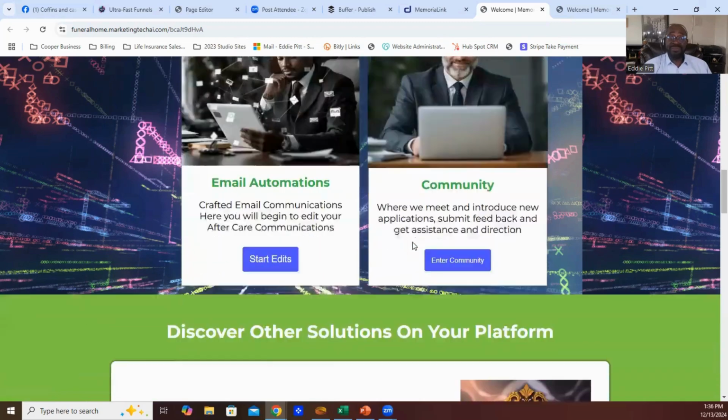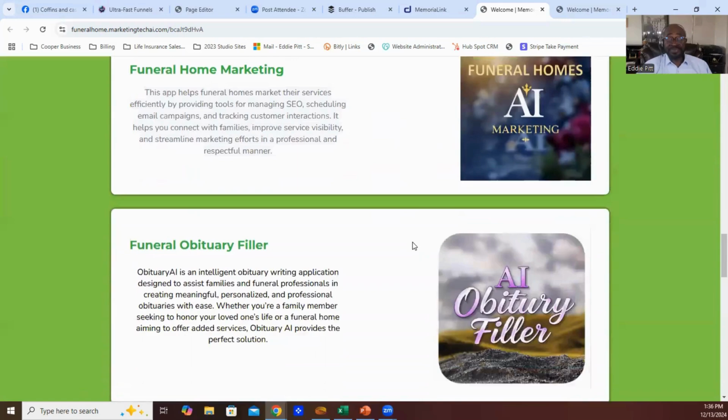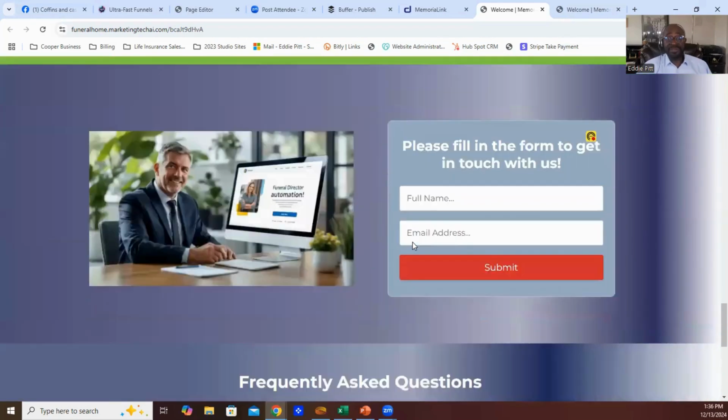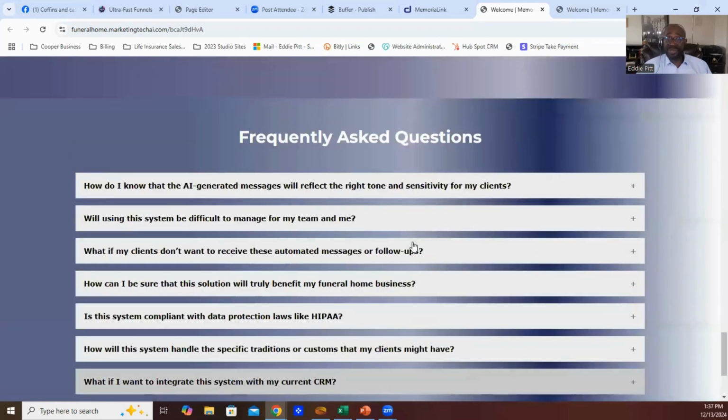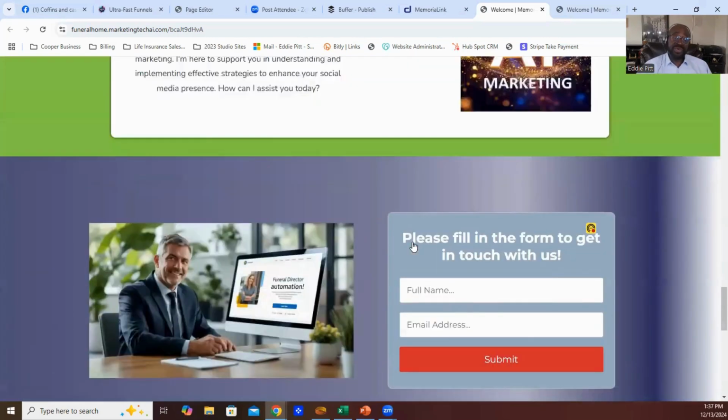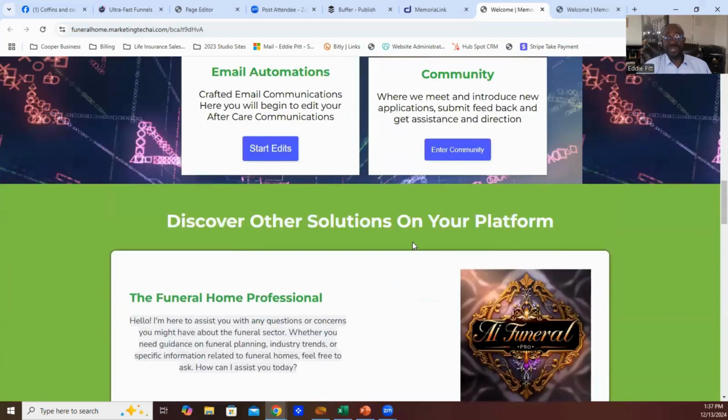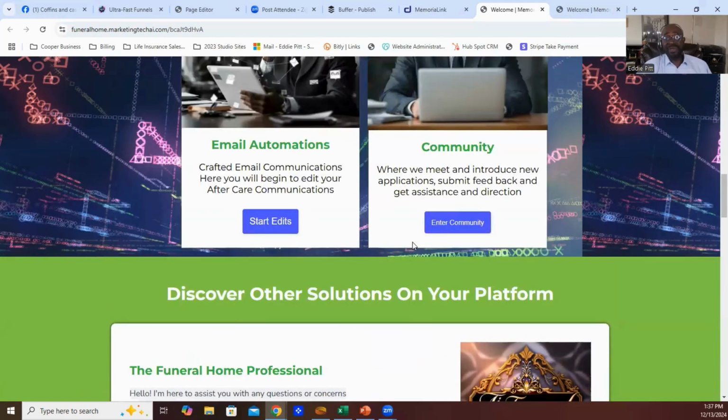So now from the funeral directors tab, we talk about some of the other programs in here, the apps that are good for the funeral home. And there's also a benefit stack and frequently asked questions there. Everything that you do online needs to have good information so that information can be found on the website. What's there? Just a little typing. Things like your vacation and stuff like that don't really matter. It's your business. What do you do? How can you help me? And write it so it can be found and so it can be picked up by search engines.